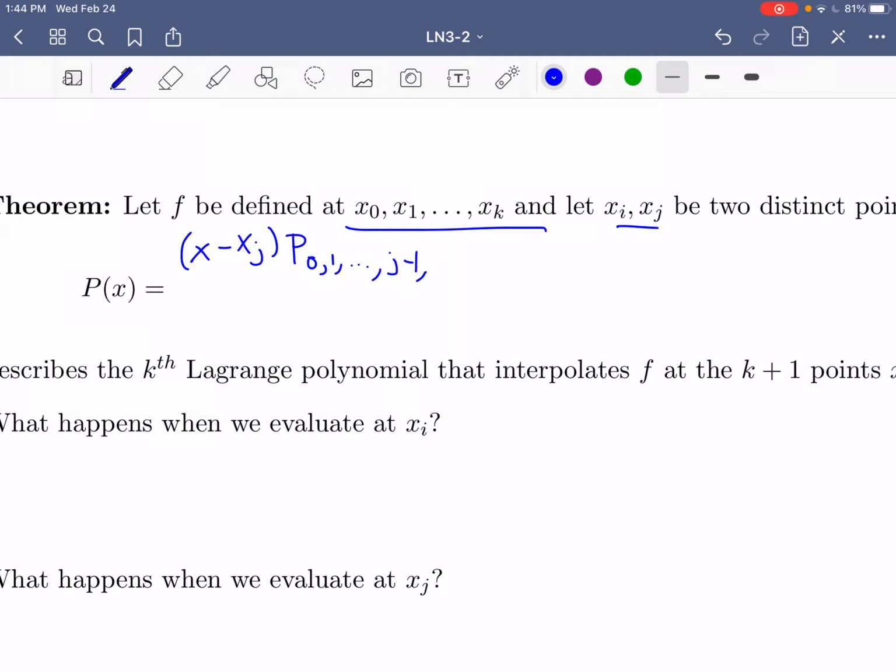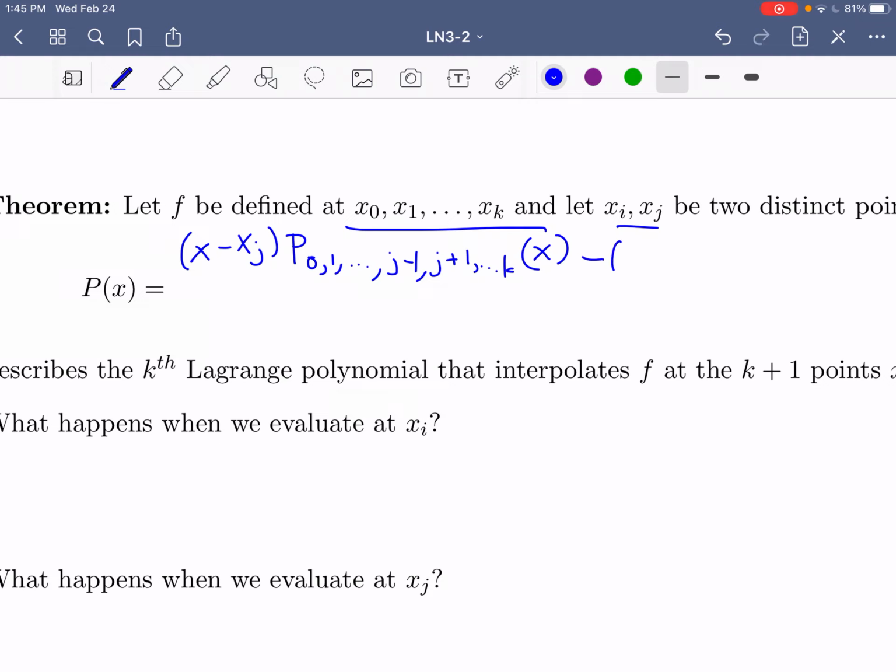It does not include node j. It jumps node j and goes j plus 1 up through node k. So we have that polynomial times x minus xj,